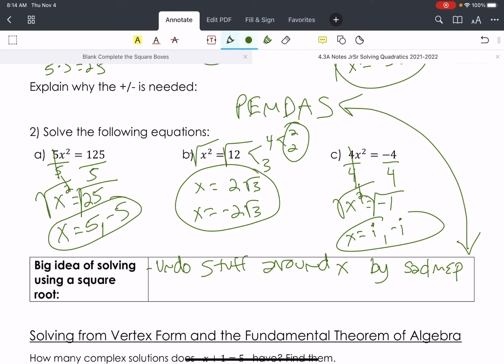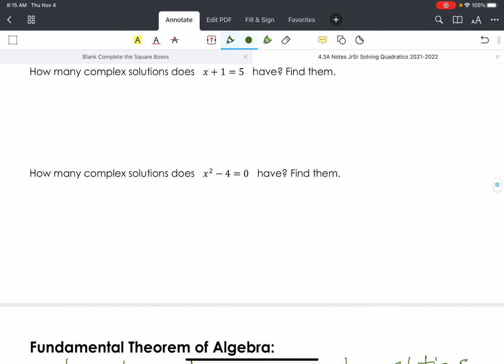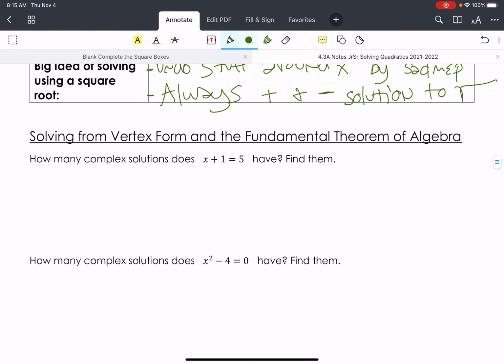And then always plus and minus the solution to the square root. We always plus and minus our answer from the square root, because 2 positives stay positive and 2 negatives stay positive. Okay, this just kind of explains what I was saying with the fundamental theorem. If I were to solve for, oh, hold on, let's